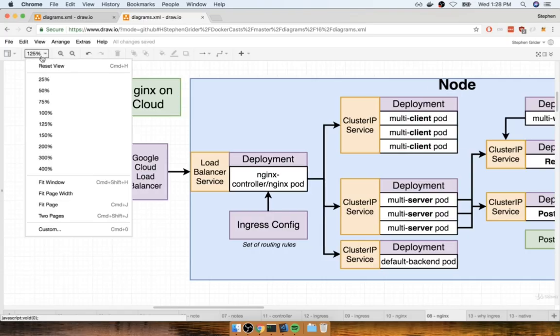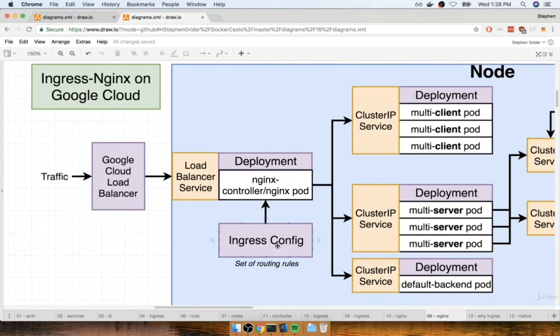So here's what's going to happen. Again, you and I are going to make an Ingress config file, and that's going to describe all the routing rules that should exist inside of our application. This config is going to be fed into a deployment that is running both our controller, the Ingress controller, and an Nginx pod. And that Nginx pod is what's going to actually take incoming traffic and route it off to the appropriate location. Now, specifically on Google Cloud, there's some other pieces in here that get created at the same